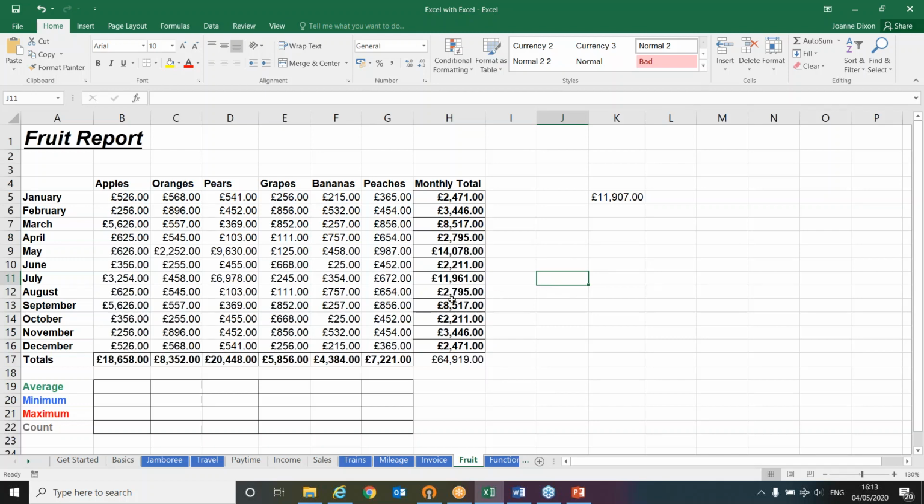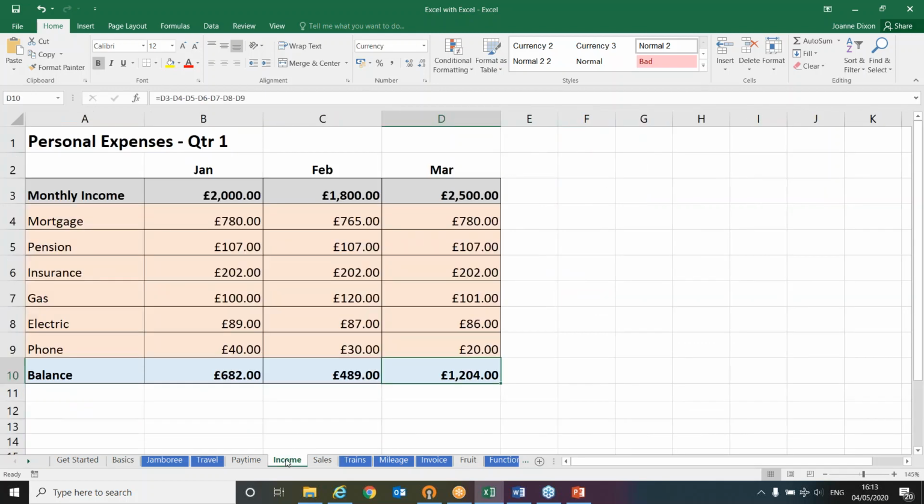So sum functions, now we could have used that with our income. If I just go back to this cell here and have a look at how complicated that formula was, B4, B5, B6, B7. And it's very easy when you're doing a cell at a time to miss one out. So I'm going to take away those formulas and start off with B3. So that's my 2000. Now all of these figures that I'm wanting to deduct from my income, they all sum up, it shows me on the status bar, to